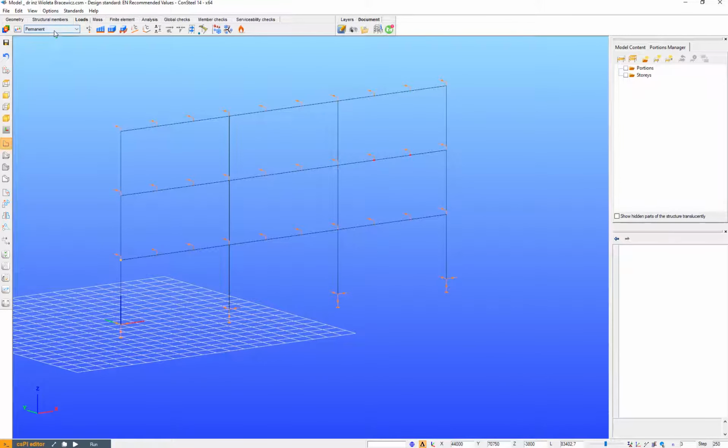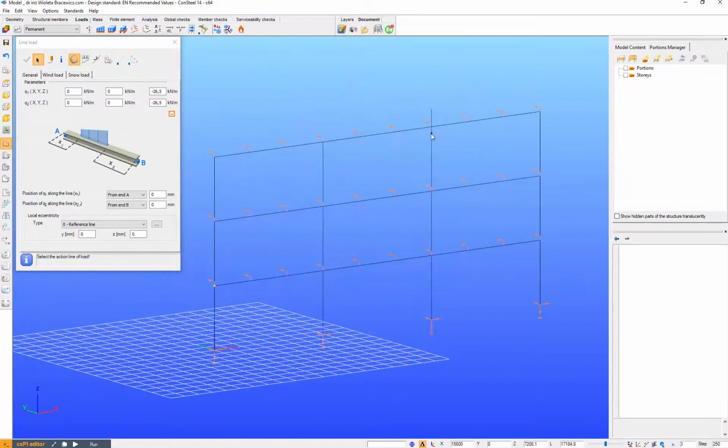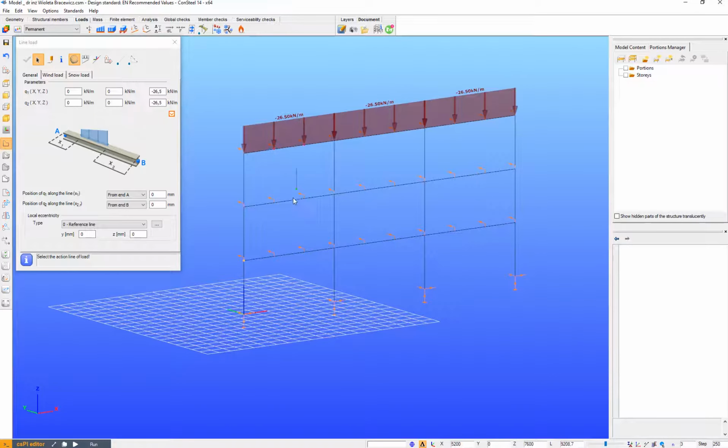So now we have just to input the appropriate loads into our model. So first for permanent. In my case, it will be minus 26.5, but there is no minus sign. Okay, I can copy it by Ctrl+C button. I can paste it as well. And now just put it into every loaded